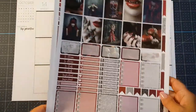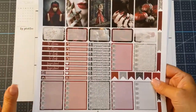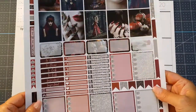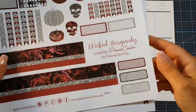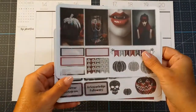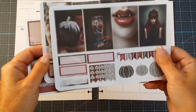Okay guys, so I have shared with you that this is the planner sticker layout that I'm going to use. This is from PlannerOneLove, and it is called, what is it called? I forget. Wicked Burgundy. There it is. Wicked Burgundy by PlannerOneLove. And I uploaded all of those PDF files into my Cricut, and these are the actual